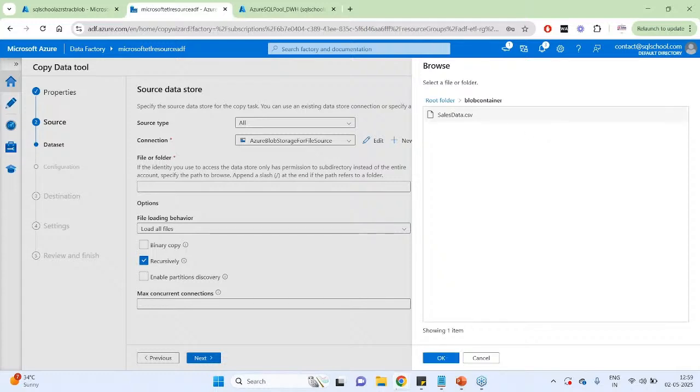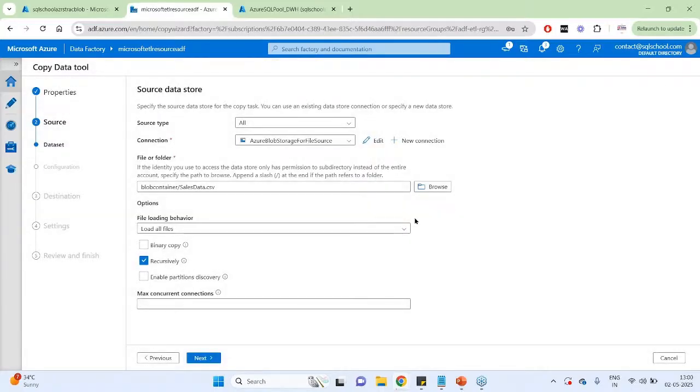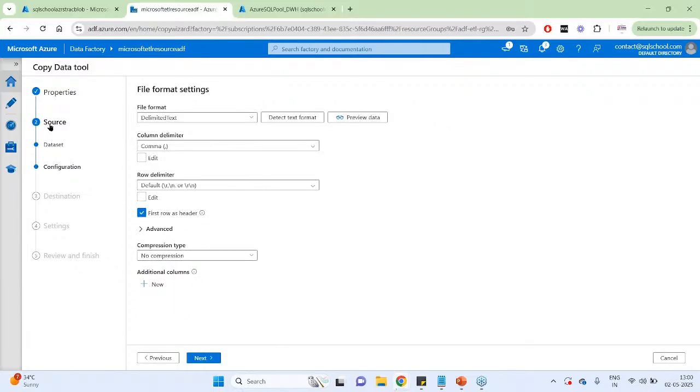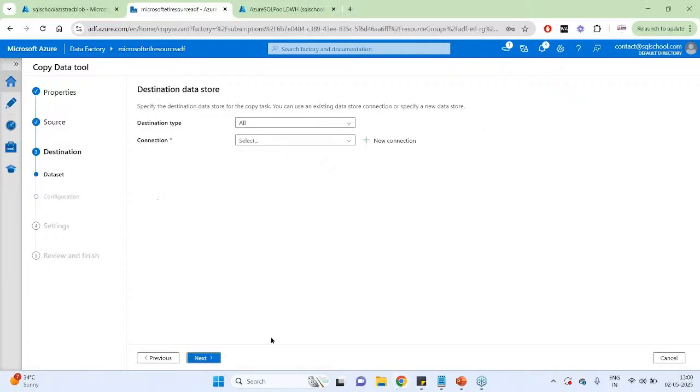Select the required file. For now, we are taking one single file. In later classes, we have multi-file and folder upload activities. File loading behavior, leave this to me for incremental loads in the next couple of classes, and I'll simply click next. What we did so far: source, storage account and container, data set, file data set. Next,